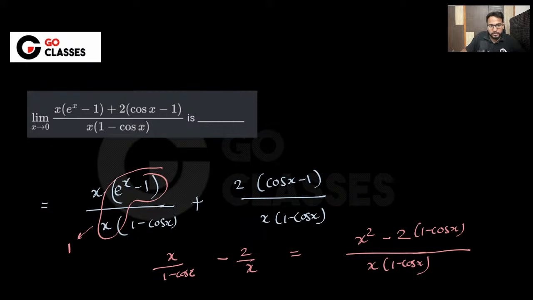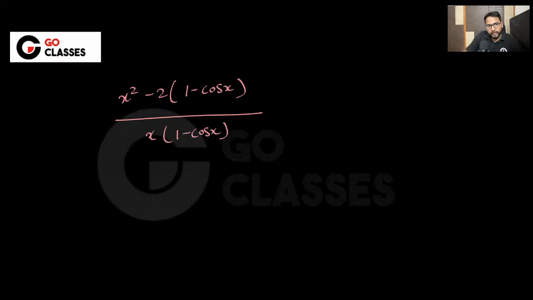Now let's just solve this. This is x square minus 2 into 1 minus cos x upon x into 1 minus cos x. So here limit x tends to 0. Now how to solve this particular question? Maybe you can take x square as common. Okay, this will be 1 minus 2 into 1 minus cos x